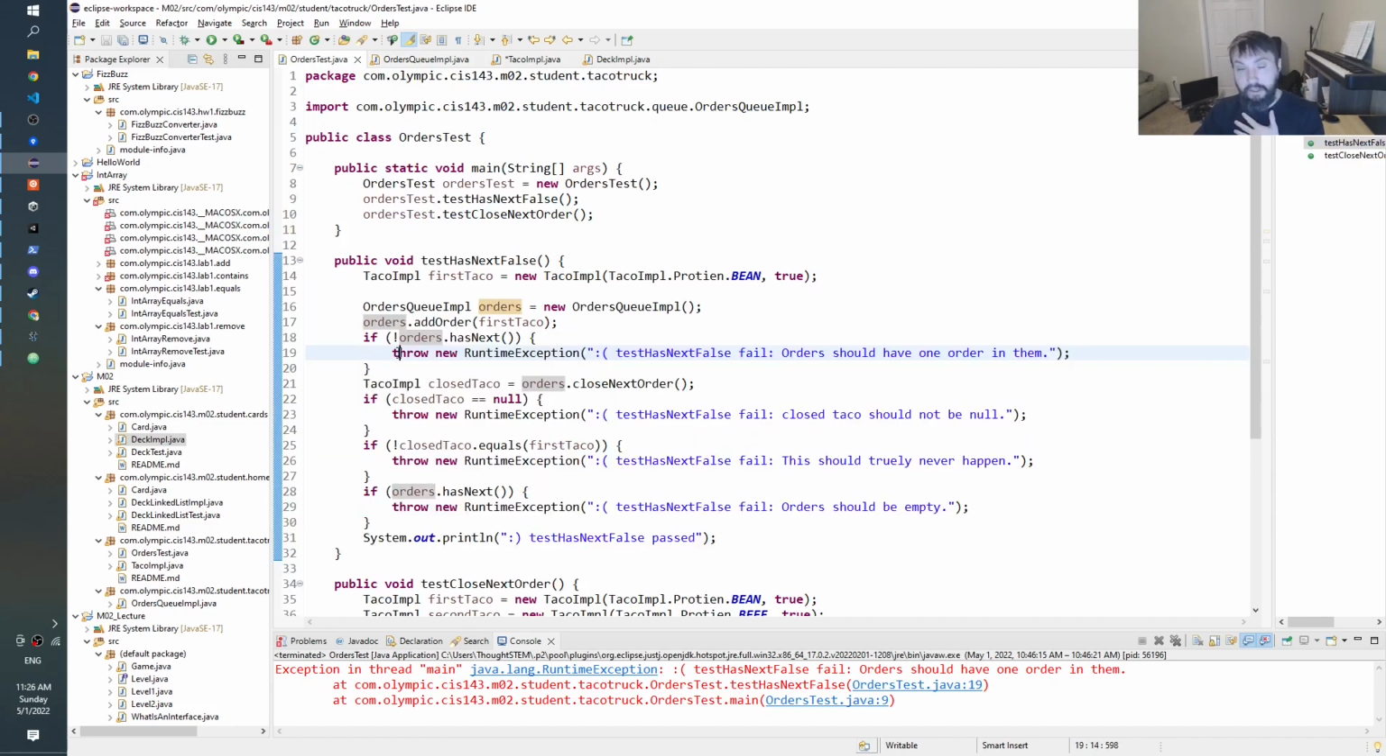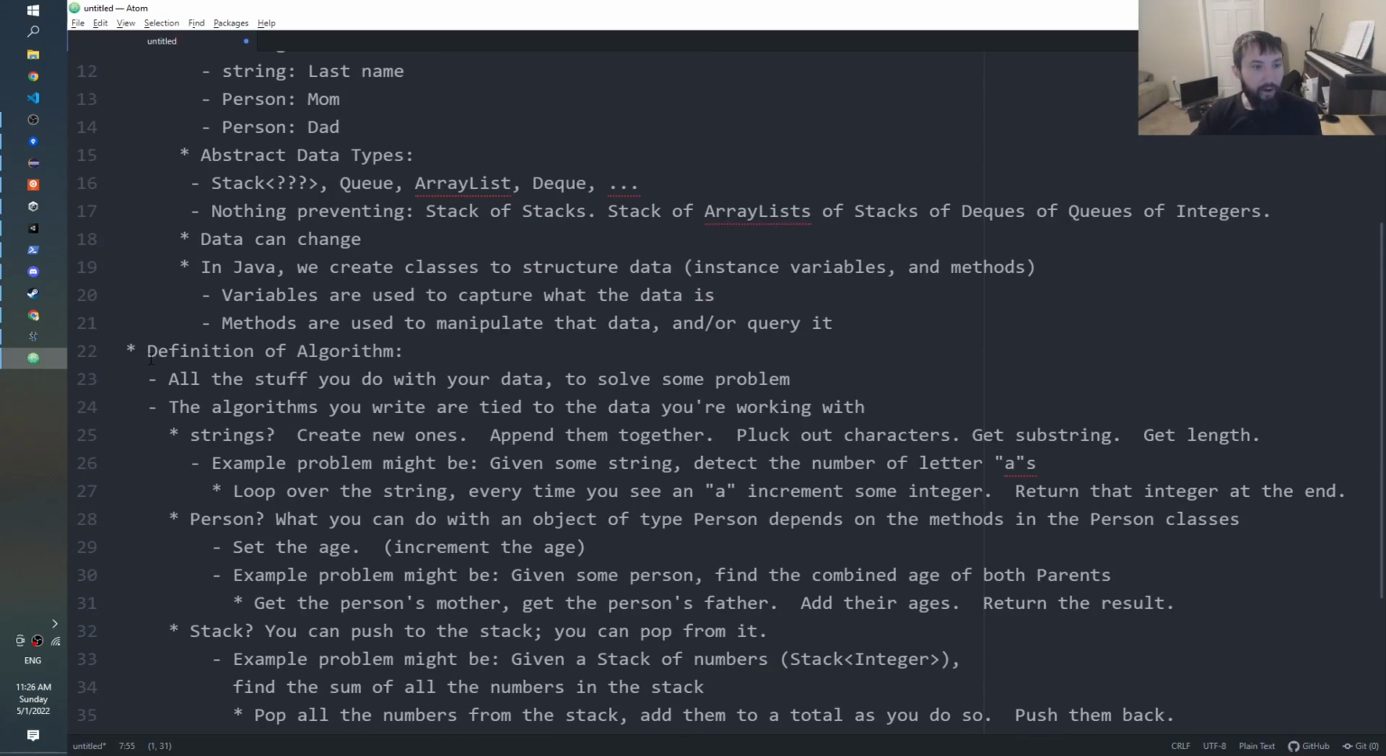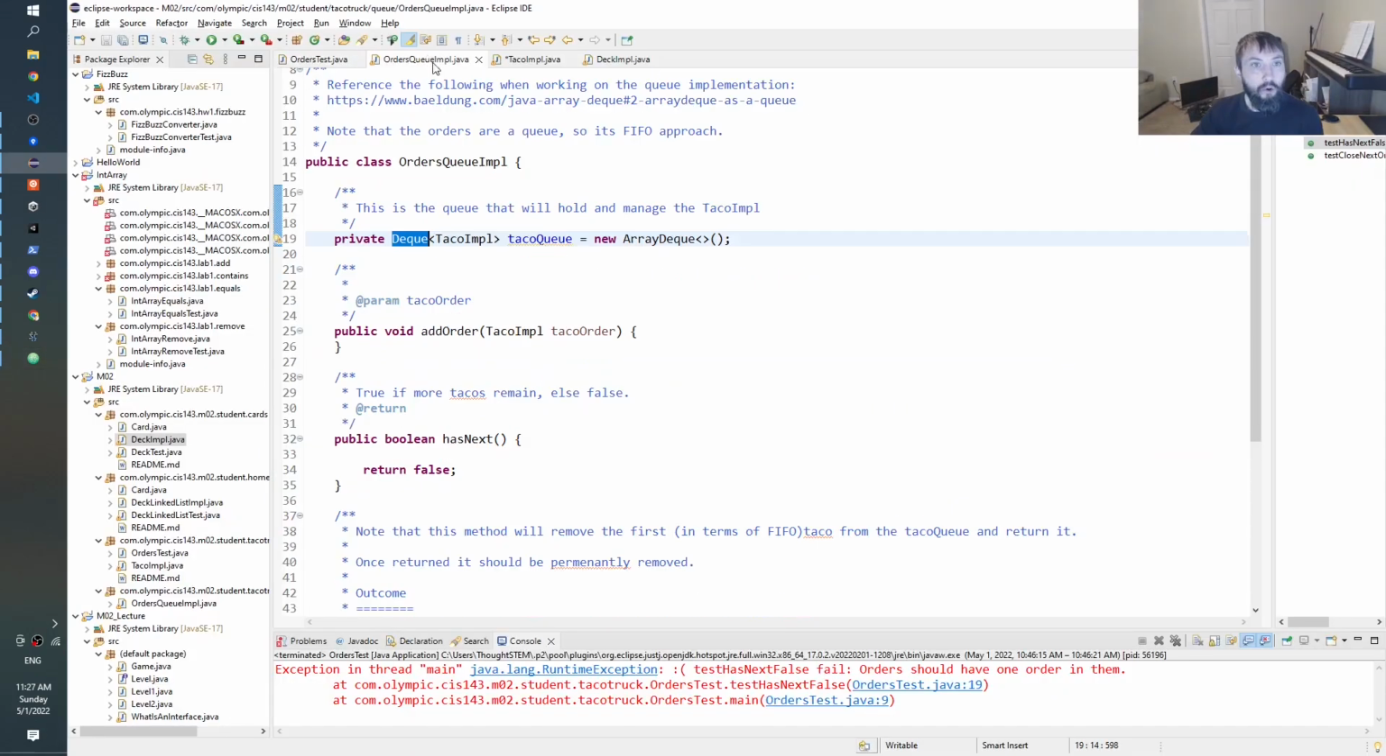Which makes it, sometimes, a good thing. You don't always want there to be tons and tons of methods you can call because, as we saw earlier, when you're writing your algorithms, the algorithms you write are tied to the data you're working with, which means it depends on the methods in the class you're working with. And if there's 10,000 methods in the class, that can be hard to figure out which tool is right for the job. So an OrderQImpl does use a data structure inside itself to help it manage its own data,